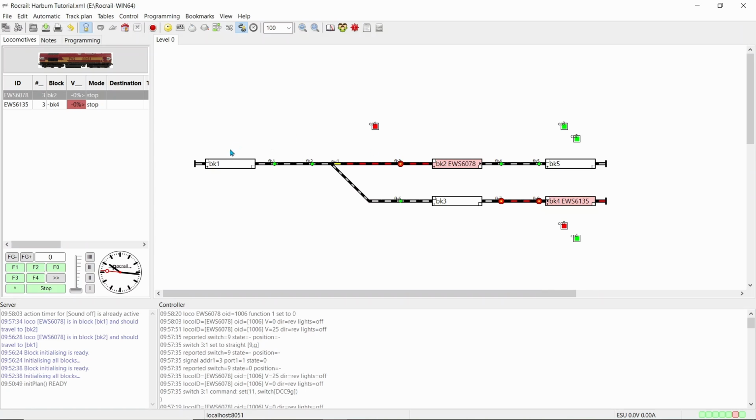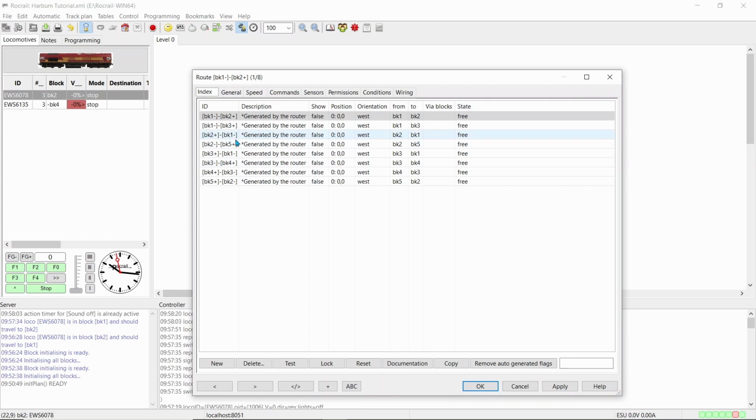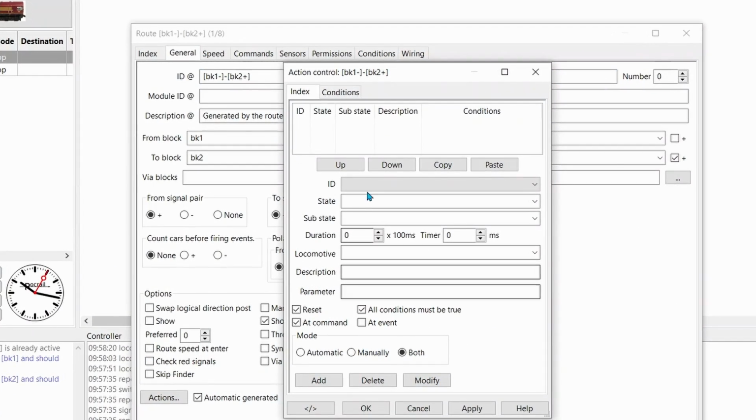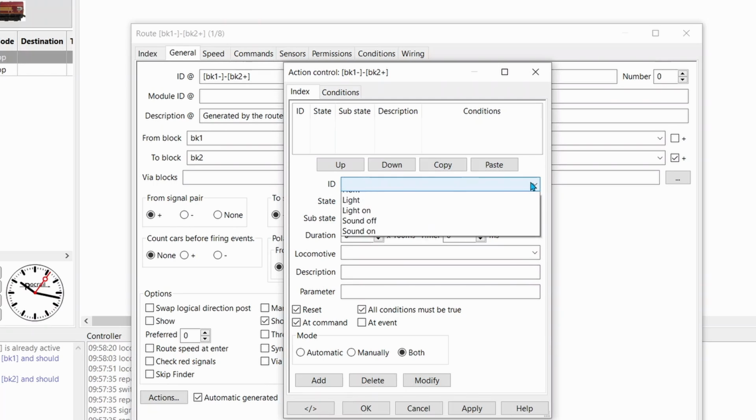So now we want to set up the locomotive goes in here to switch off the sound and also switch off the lights as well. So Control 2 to bring up the routes. So block 1 to block 2, general actions. And in ID, first thing I want to do is sound off.